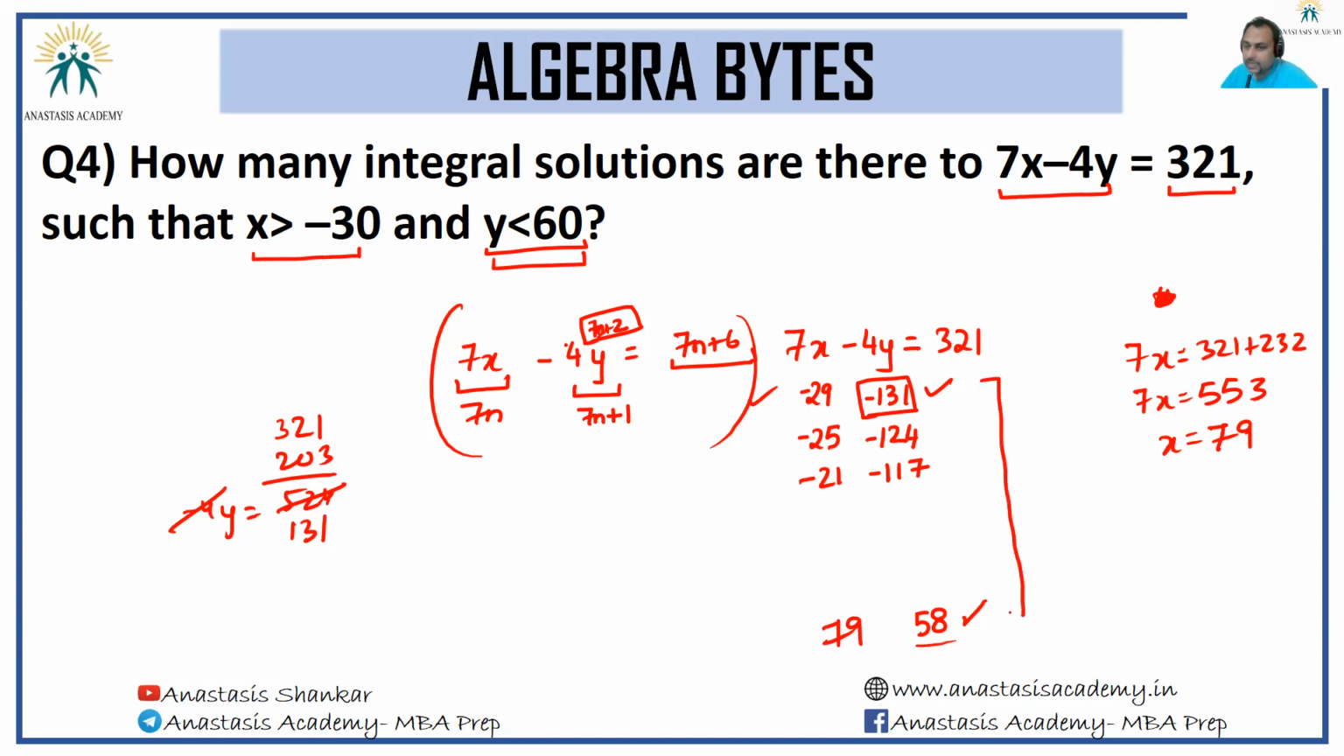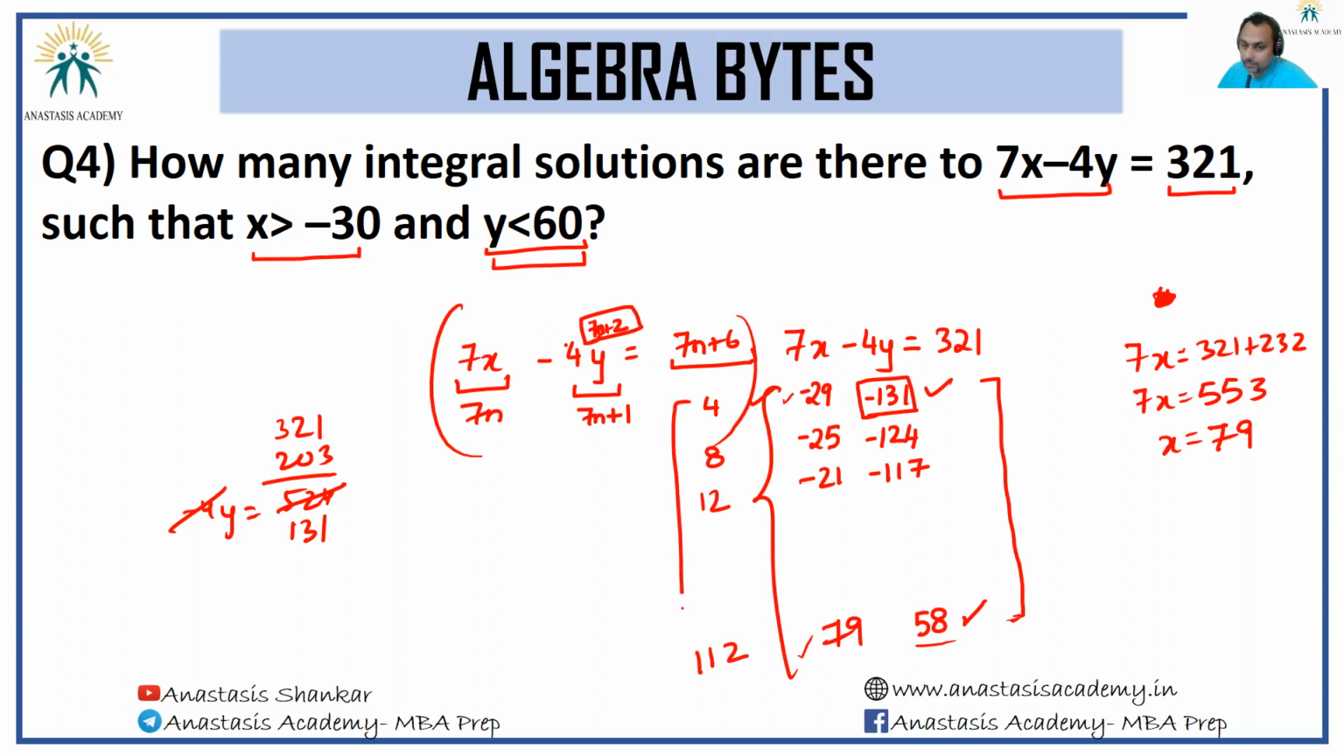Now we have to count how many cases are here. Now, hopefully you can see, minus 29 to 79, it is moving in steps of 4. Minus 131 to 58, it is moving in steps of 7. So either you use this or you use this, whatever your choice is. I'm using x. If I add 33 to this, it will turn to 4. If I add 33 to this, it will turn to 8. If I add 33 to this, it will turn to 12. If I add 33 to this, it will turn to